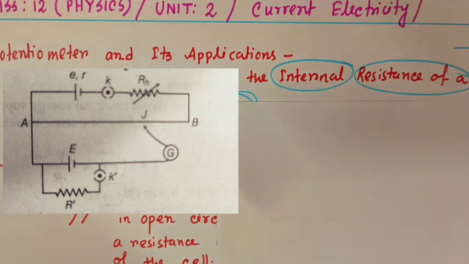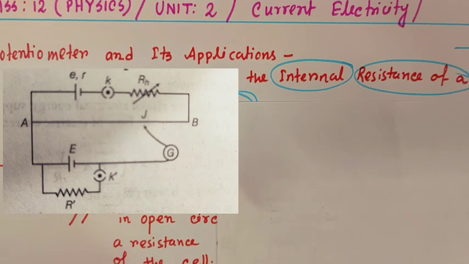From this figure, initially in the secondary circuit, key K prime remains open and balancing length L1 is obtained. Since cell capital E is in open circuit, its EMF balances on